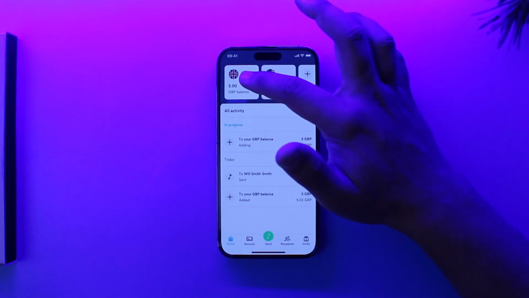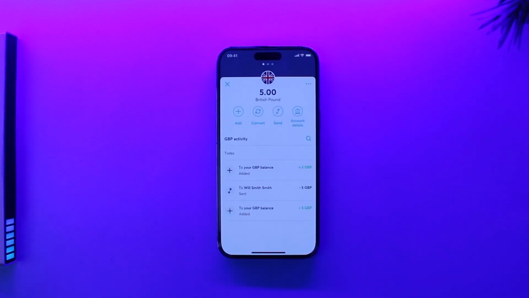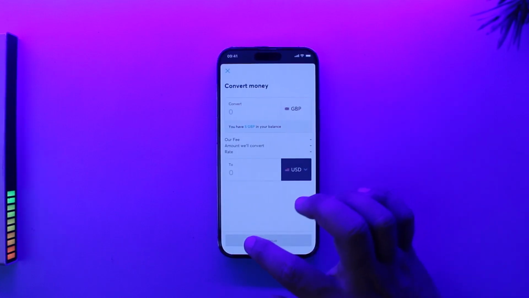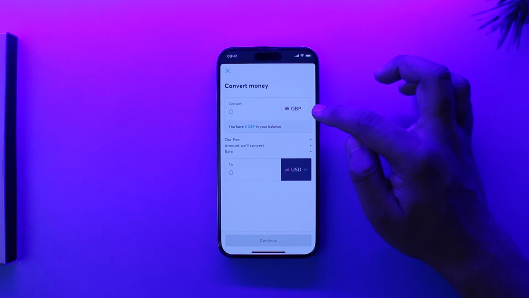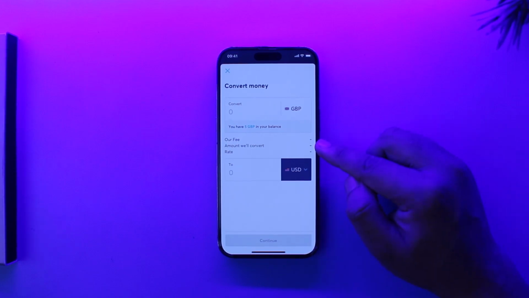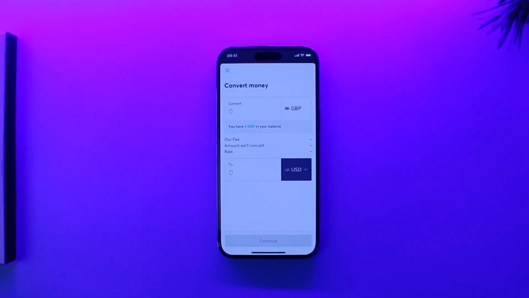So first you tap on that current account, whichever you want to convert, and just tap on the convert button. So I have got GBP, I can tap on convert. All I can do is enter the amount of money that I would like to convert, and I will get that much amount in USD. It will also show up over here. Then I can tap the continue button. It will also show these fees, the amount they'll convert, and so on, and your currency will be successfully converted